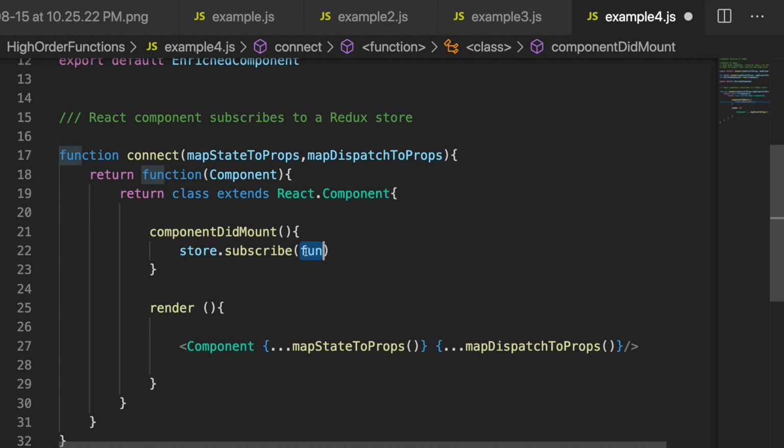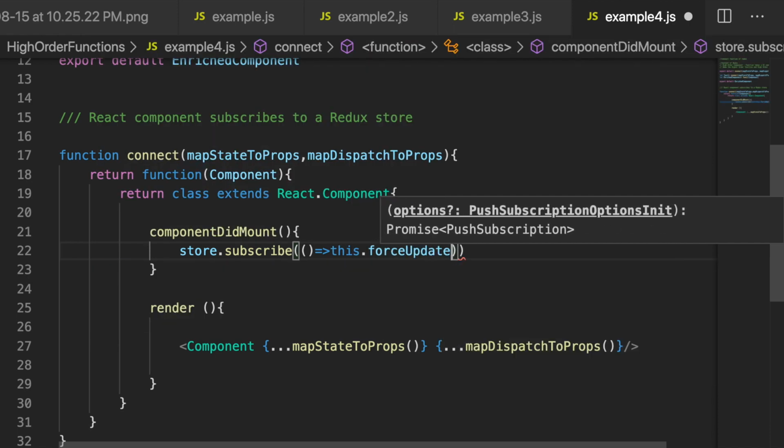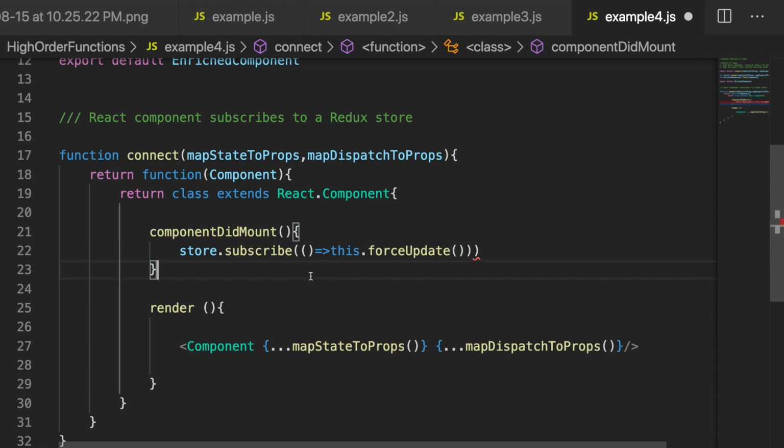So again, if we don't understand the nuances of Redux, I'd say just have a basic understanding of the whole store, actions and reducers, and then visit this fourth example. But I think most of the viewers use Redux, I hope so. So now I know that this function would be called whenever something in the store changes. So what I can do over here is re-render this component. Whenever the store changes, I'll just call this.forceUpdate. We know that every component comes with this API.